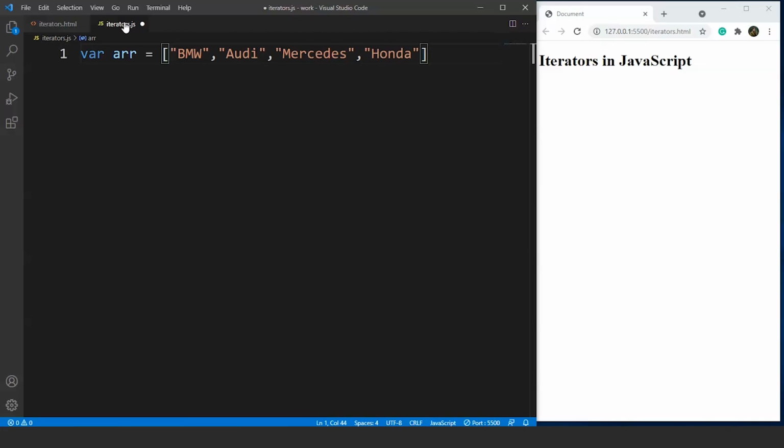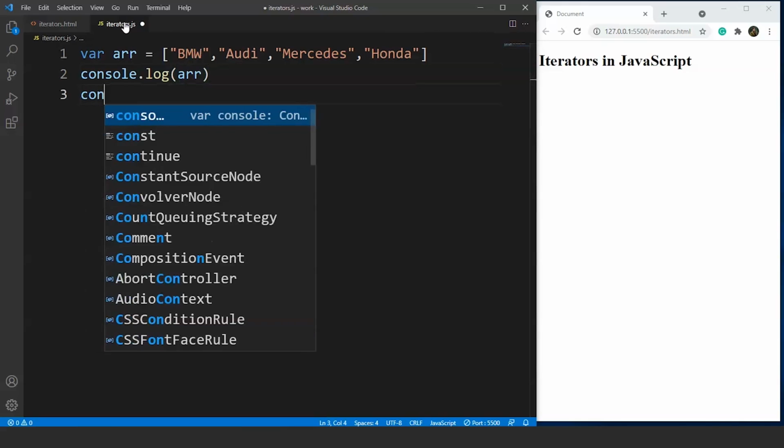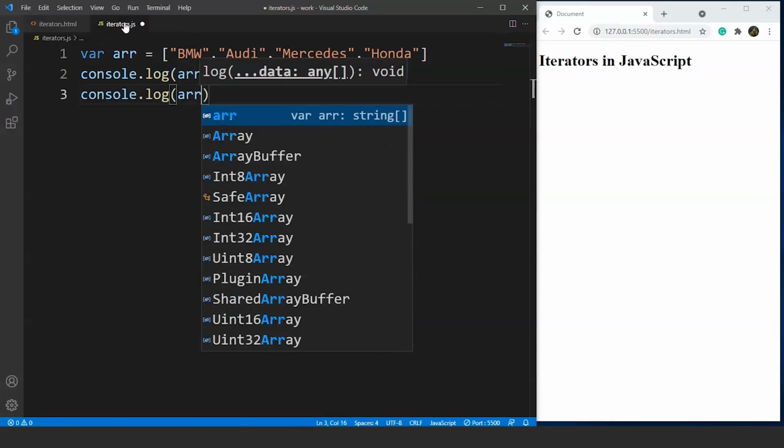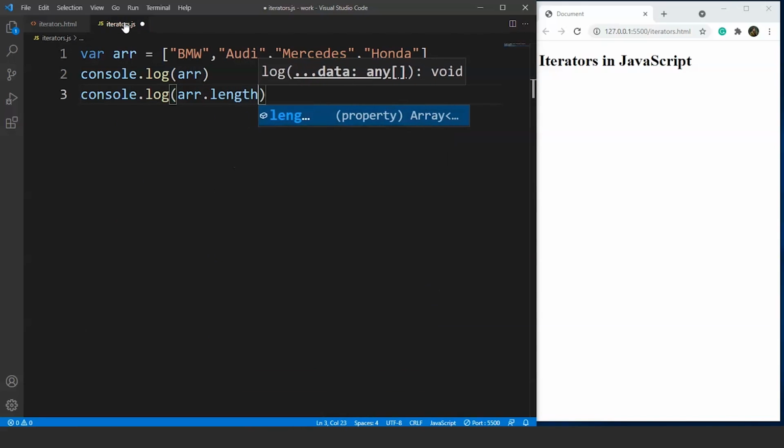They all are car manufacturers. So let's print this array on the console. We are doing some basic tasks as of now. So we'll write here console.log and we'll print this array in a console. Let's also print the length of this array. So we'll write here console.log and we'll write here arr.length. Fine. We know that arr.length is the array property and it is used to determine the length of a particular array, right? So let's save this program.